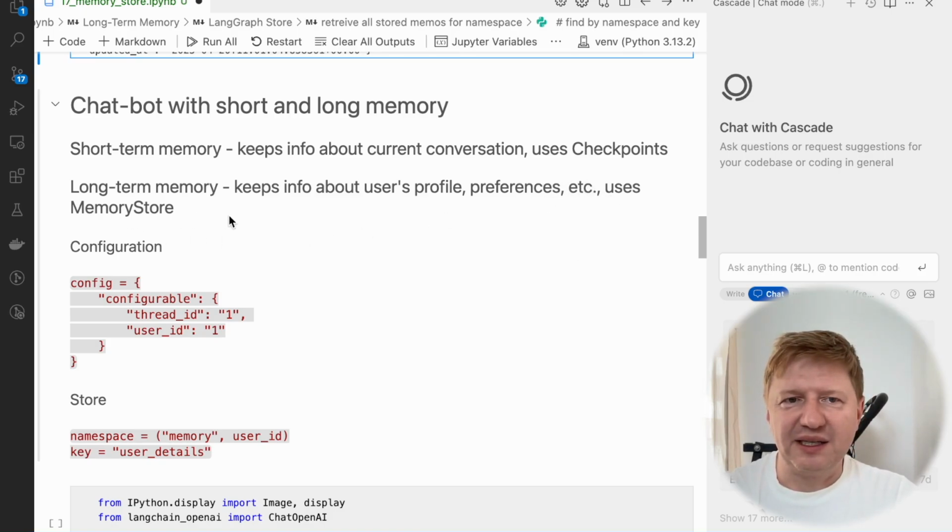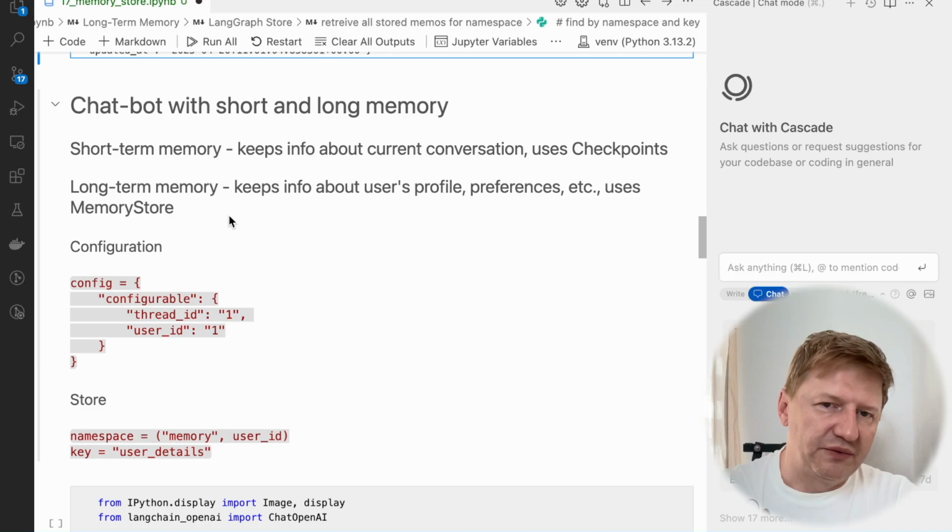And again, it's not that you're not allowed, for example, to keep the user profile in your short-term memory. It's just not the best way to do these things. So you should always think about, is this information about our current conversation or interaction, or is this something which will be helpful in future conversations, for example. So this is the division. You should make it in your head first of all, right?